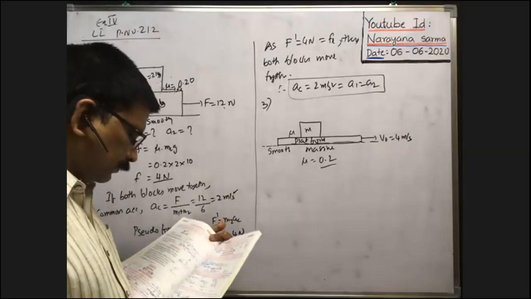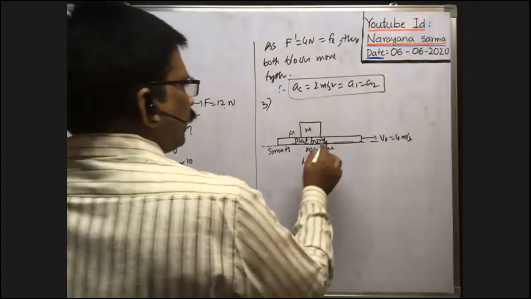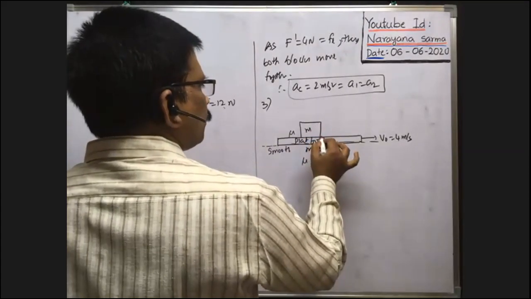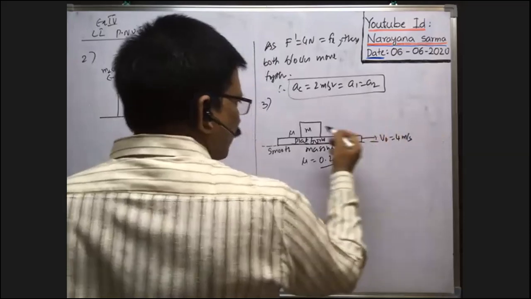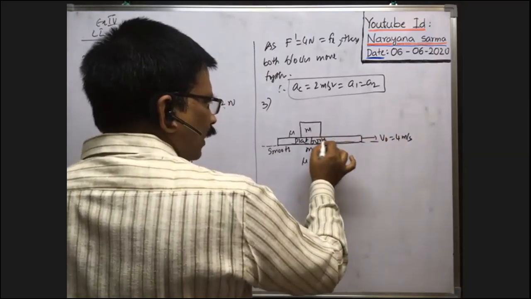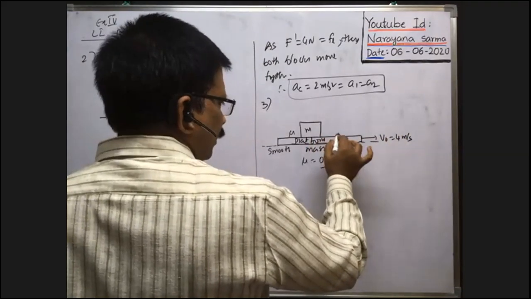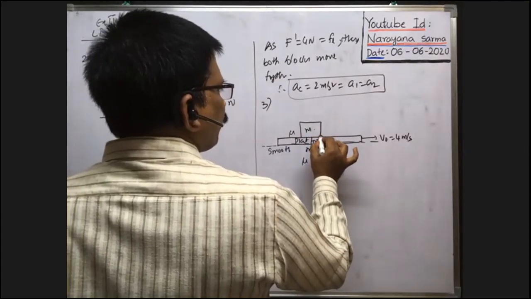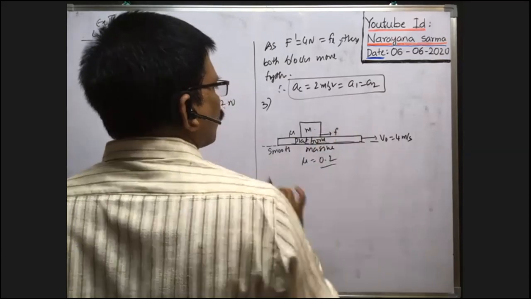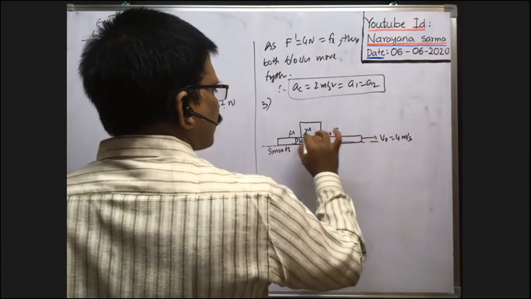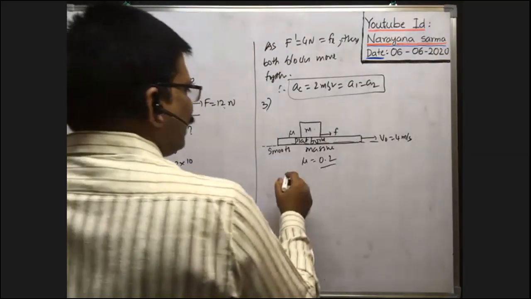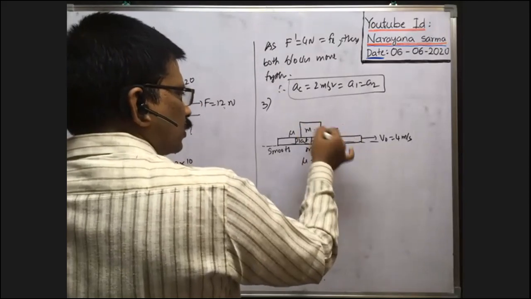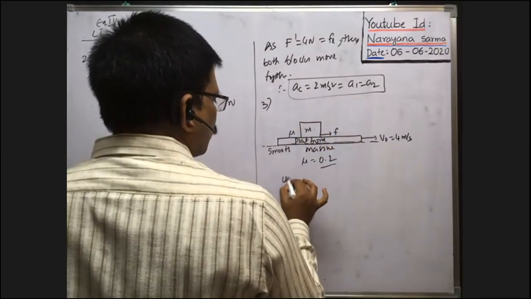Okay, you see, this block travels because of friction between these two. Whenever the platform is pulled, the block is also dragged along with the platform with some acceleration. Because of friction between the block and this platform, the friction force pulls the block in this direction. Now the initial relative velocity. The block is in motion, and the platform is also in motion. That's why you consider the relative motion.